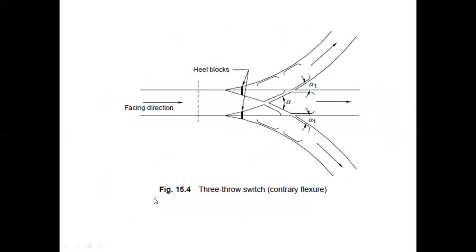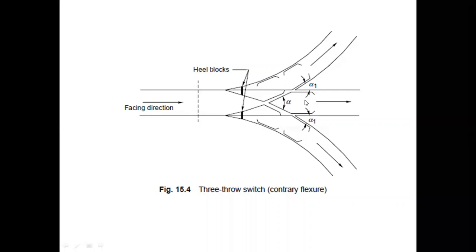Here this is the three throw switch. The main line traveling from this direction is provided with the same direction line, and two branch lines with a similar split have been provided here. So this three throw switch is mainly useful in the goods carrying yards and locomotive station yards, for placing of locomotives in the station yards. These three throw switches are helpful for maintaining the easy passage of goods trains and also locomotive trains.